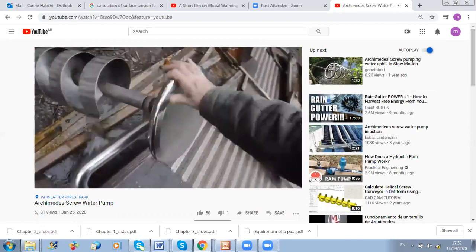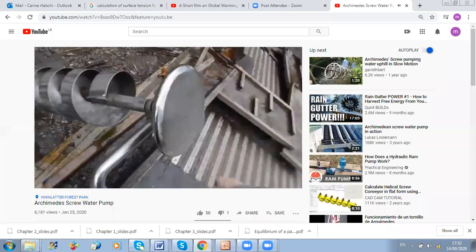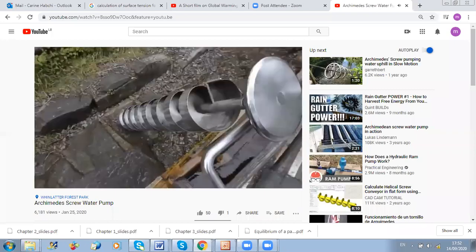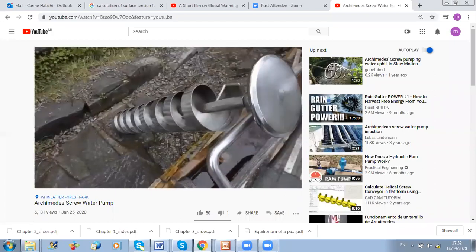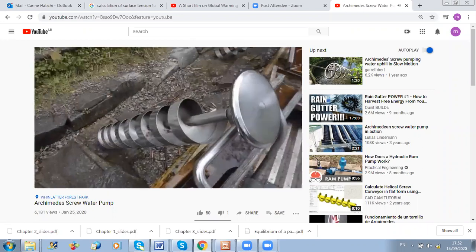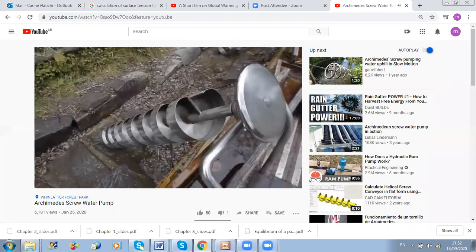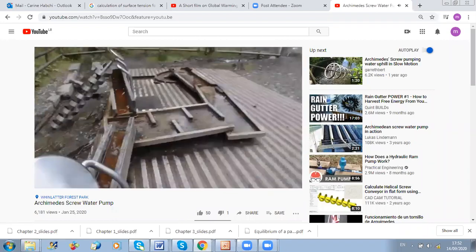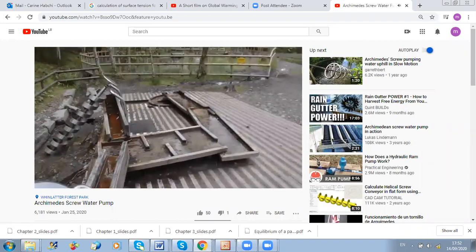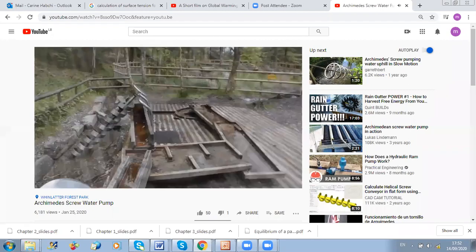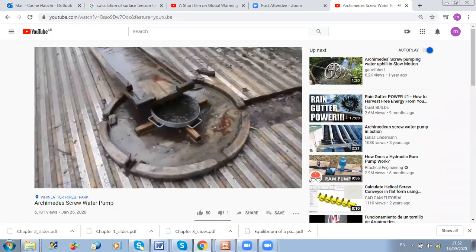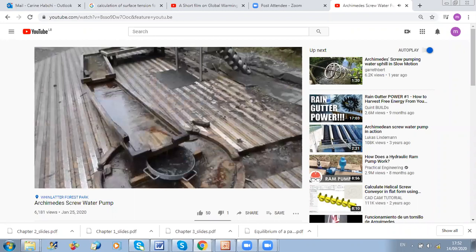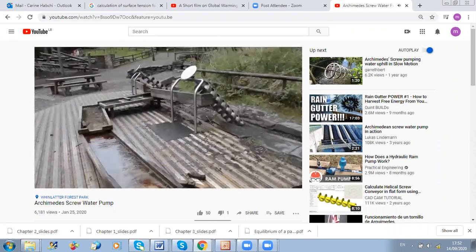Okay, and now you will see that when you stop the rotation, then the water will fall back, because in this case the potential energy will be transformed into rotation. Okay, so when the water goes down, its potential energy will be transmitted to mechanical energy, and it will rotate the screw in the other direction. Okay,